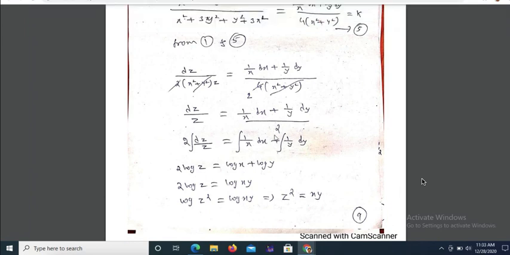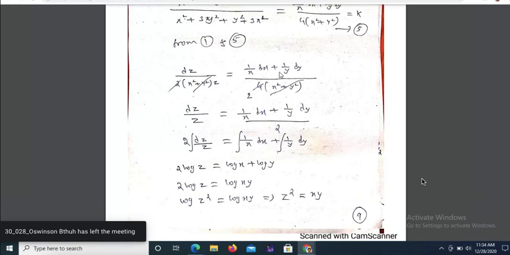First and foremost, if the left and right sides are not cancelling, then you realize that the multipliers we have taken are wrong. Got it? See, there is no shortcut for how to choose them. This is the only thing you have to apply: 1 by x, 1 by y. Instead of 1 by x, 1 by y, if you take x and y, x, y, 0, will it get cancelled? You just check. It will not. So like that, you have to choose by practice. Okay.